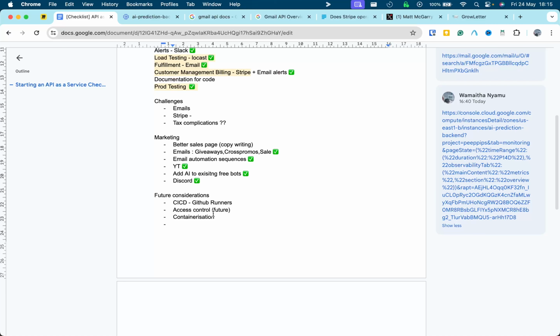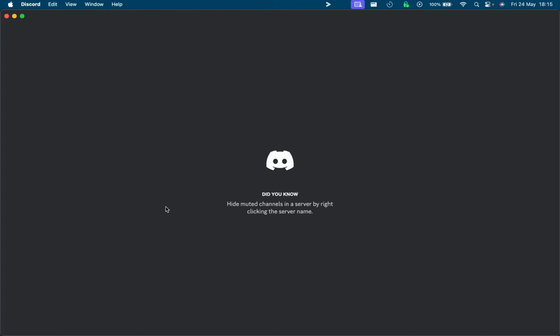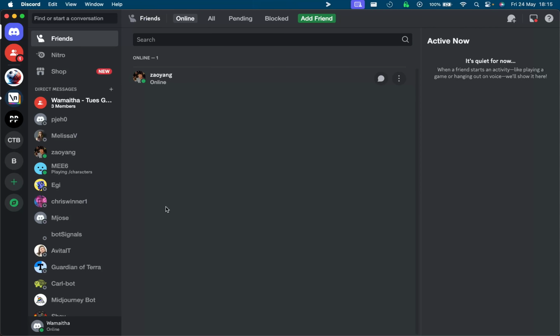So another consideration in future, which I had mentioned before, is access control. This is where maybe I want to have an admin somewhere who is doing manual onboarding of people. Maybe somebody paid via a method that's currently not on Stripe. Let's say for now, for example, we have,